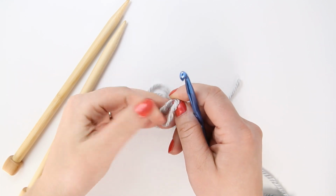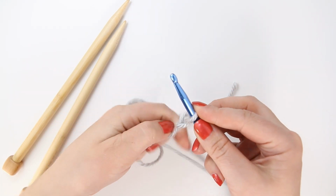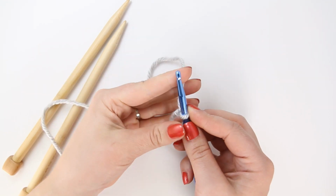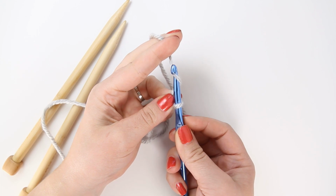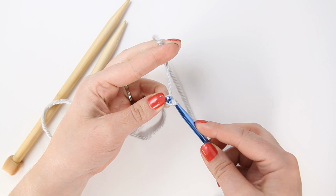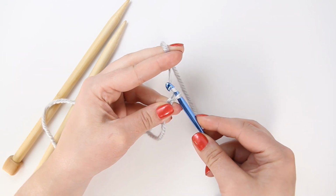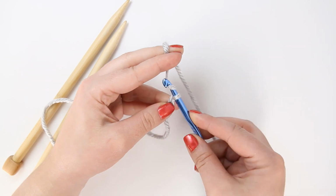You're going to start out with a slip knot, and you put that around your crochet hook, and then you will take your working yarn and create a crochet chain by wrapping or looping your crochet hook underneath that working yarn, catching the yarn and pulling it through your slip knot. And then you're going to do the same thing, but rather than pulling it through the slip knot, now you're going to pull it through the chain that's on there. You'll make a couple of chains,